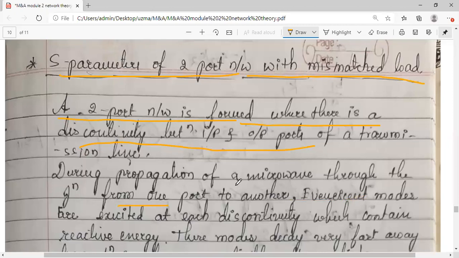You're taking the input and outputs in terms of traveling waves. So when you come across waves, we are considering electromagnetic waves. So the fields will be there. Whatever the different configurations of the fields that exist during the propagation, we call them modes. Okay, different configurations of the fields.